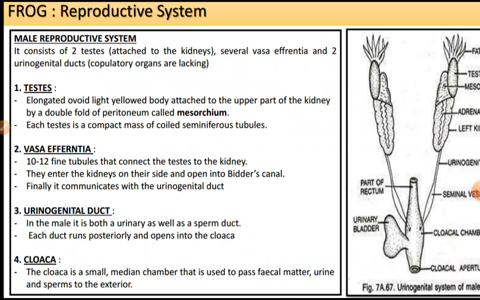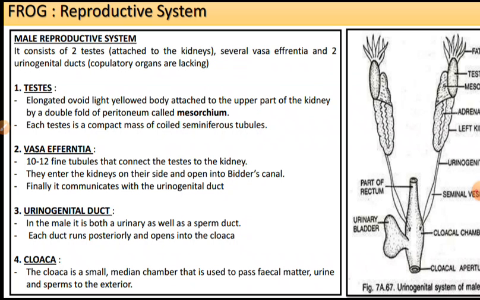This is an important point you have to remember. Leydig cells, where are they present? In the connective tissue between the seminiferous tubules of the testis of a male frog. It can be asked as a short answer question also, so you have to remember it carefully. And what is the function of these testes? These Leydig cells secrete testosterone, which is responsible for the development of secondary sexual characters during the